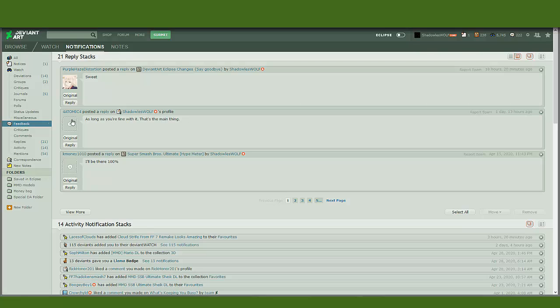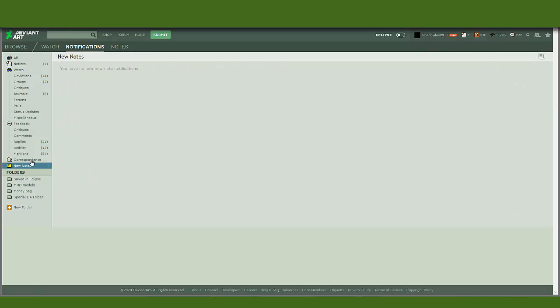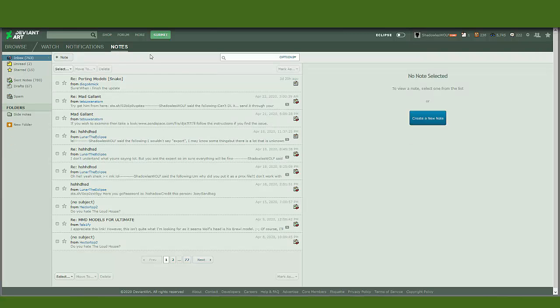I don't have anything else to show besides my notes. Notes is also different in this one. This one you have it organized by name and by time, the timestamp it was given. Other than that,